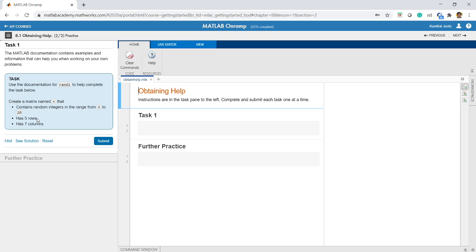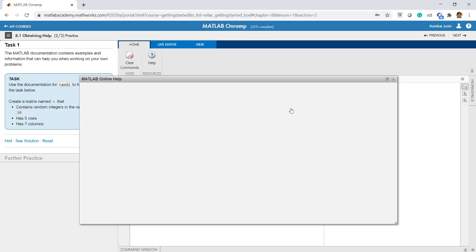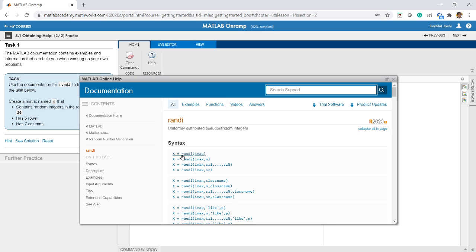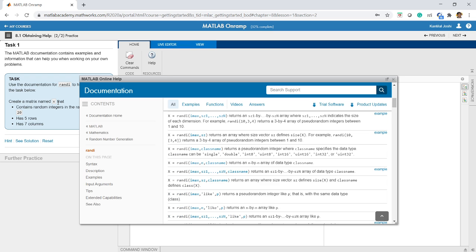The first function I get here is randi, and how it is used. It is given as X equals randi(max, n) or randi(max, sz1, ..., szn), which returns an array of size sz1 by szn. For example, randi(10,3,4) returns a 3 by 4 array of integers between 1 and 10. That is what we want, right? We want a 5 by 7 array with integers between 1 and 20.